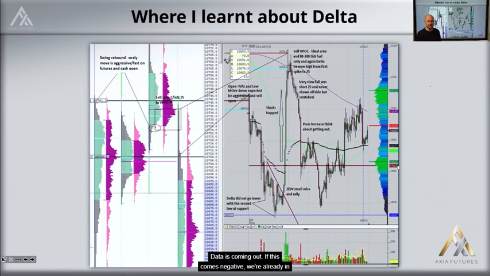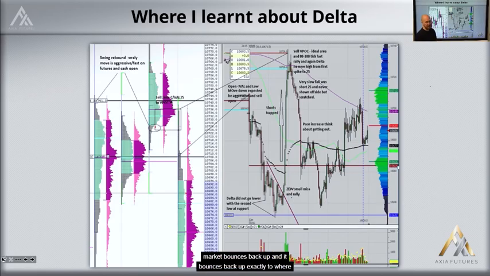If this comes negative, we're already in a bearish move in a market that has got potential bearish setup. I'm going to sell this. Anything negative, this is a sell. So data comes out, small miss, perfect, just what I'm after, chance to sell. And my plan is to sell it somewhere down here for the continuation of the move. And what happens is you end up with this huge reversal move. I get trapped, it costs me a fair bit of money, huge amount of frustration because not only have I missed the move that I was looking for to sell this part of the move, I have also lost as the market